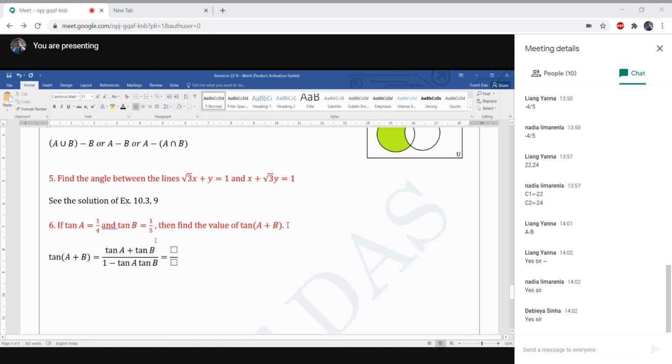So the last question. This is also not from the book. I hope you did, this is so easy. Tan a plus b value. You just have to put the formula. Tan a plus b is tan a plus tan b divided by 1 minus tan a tan b. After putting this, you can find it by yourself. I hope many of you did. So for today's class,